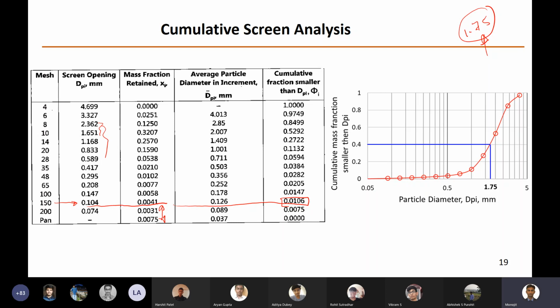So if you see the nature of the curve, if the section around the point of your concern is somewhat linear, then you will get a more accurate result. But if that section is not linear, then your result will deviate a lot from the ideal. So it's always better to use the entire graph for finding the point. Fine, I hope the cumulative analysis is more or less clear.